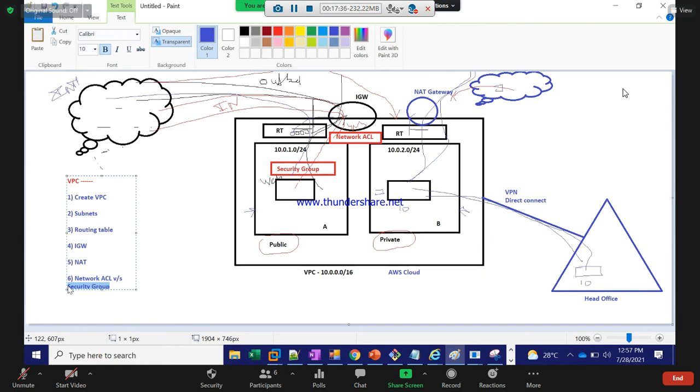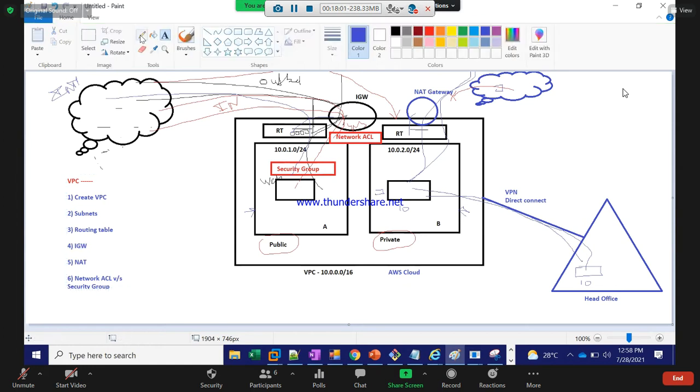So this is the whole picture we had. Yesterday we were trying to create this, and we were here till IGW. We created VPC, subnet, routing table, IGW, and then we created an instance.